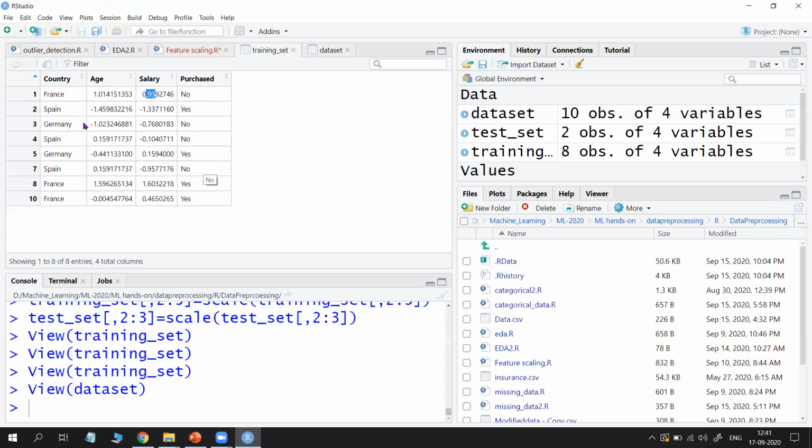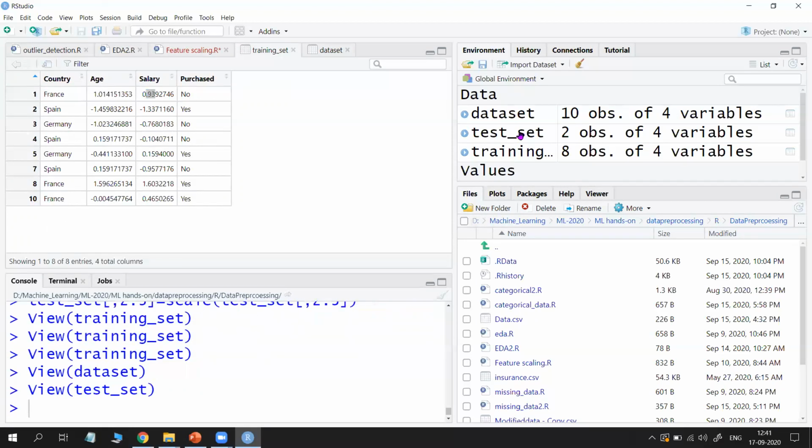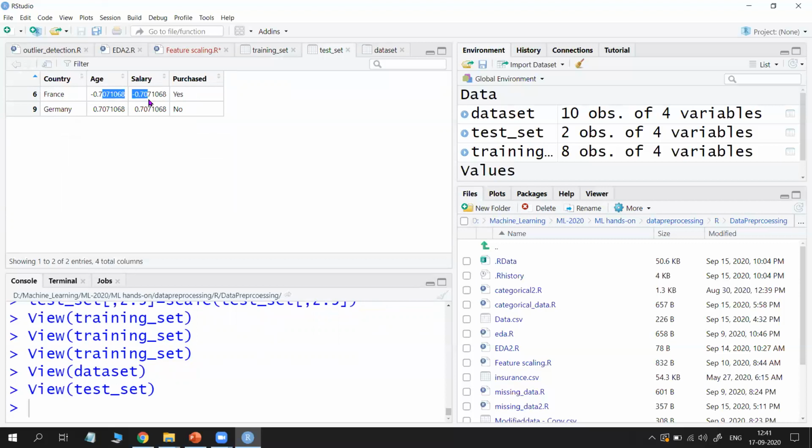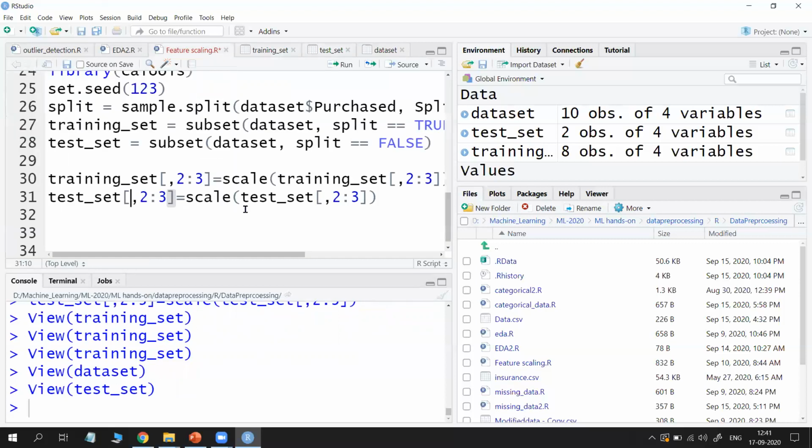If you observe this data set, for age and salary, there is no value greater than +3 and no value less than -3. Similarly, we applied it for the test set also. See, all the values are fixed between -3 and +3. So simply use the scale function. If you want to apply normalization, you need to write a normalize function. So this is about splitting the data and applying feature scaling in R.